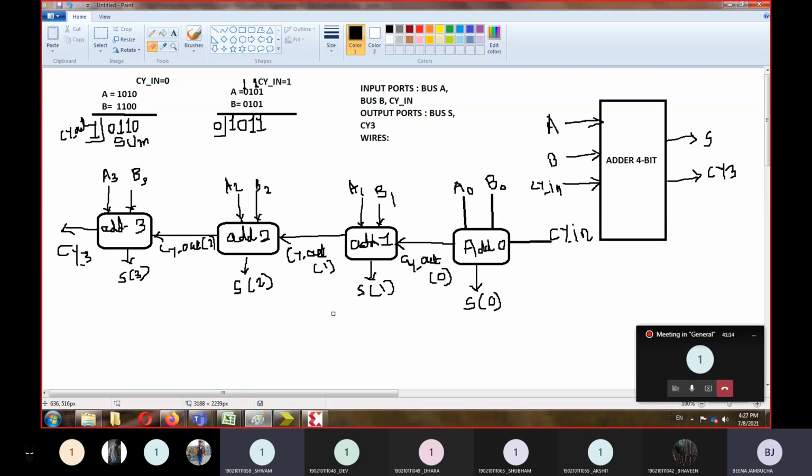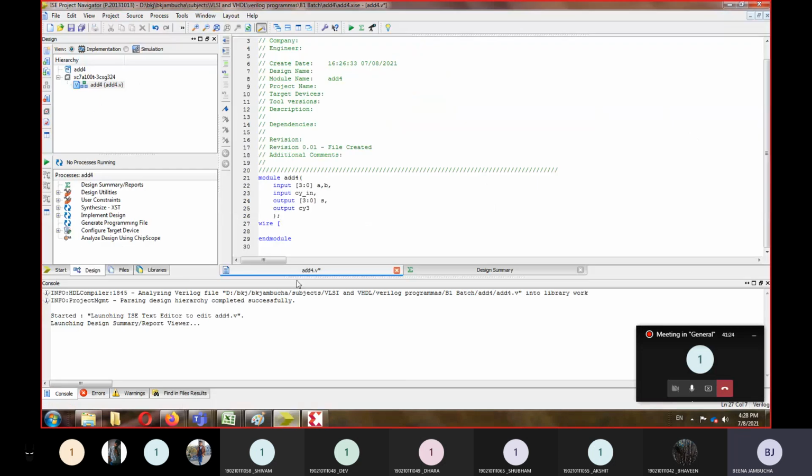Right. Carry out, CY out is our wire, and it ranges from 0 to 2. Right. So its size should be 2 down to 0. So 2 colon 0, and we are calling it CY out.